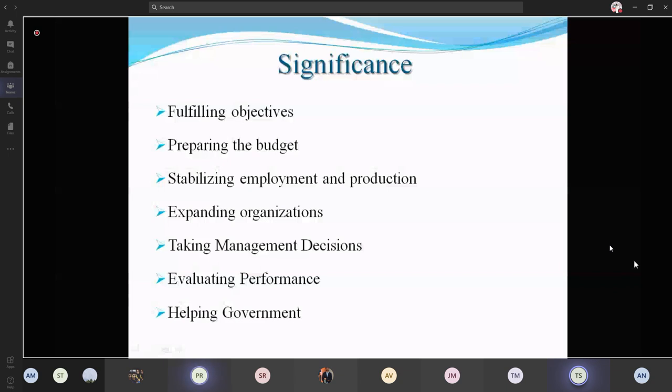Okay. Second one is preparing the budget. Money plays an important role in each and every business in estimating cost and revenue. For example, if the organization has forecasted that when the price is ₹10, the demand would be 1 lakh units in the future, the total revenue will be 10 into 1 lakh. So in this way, they can estimate the budget in the future, and according to that, they can make some financial arrangements in the current period itself. Is it clear?